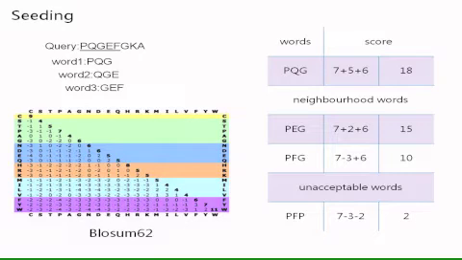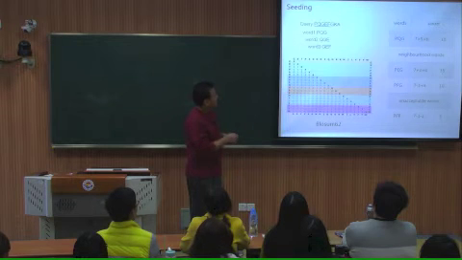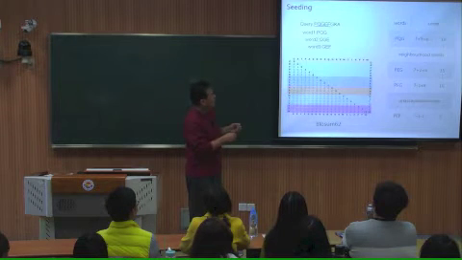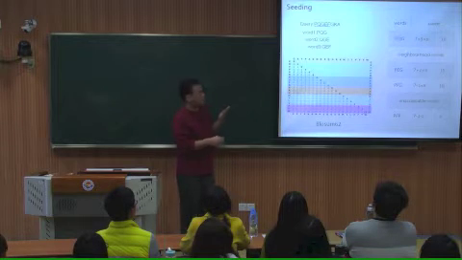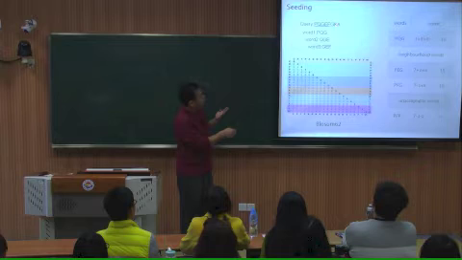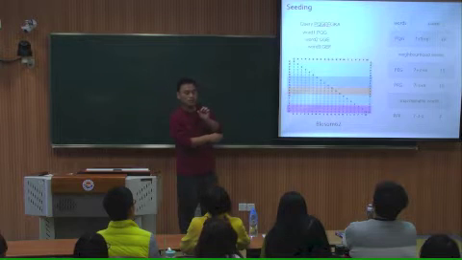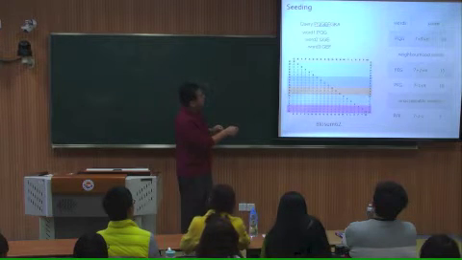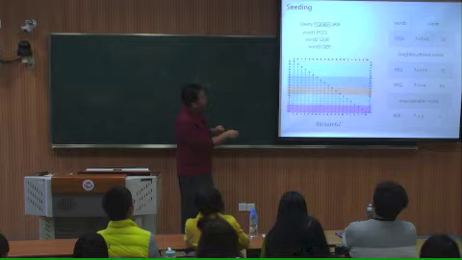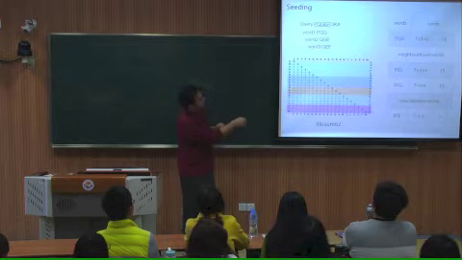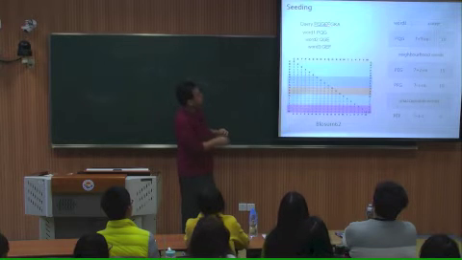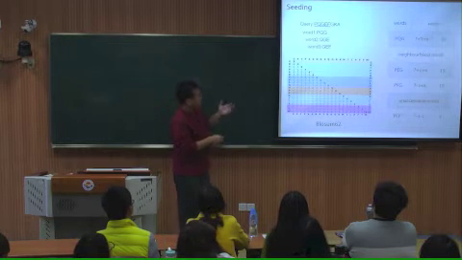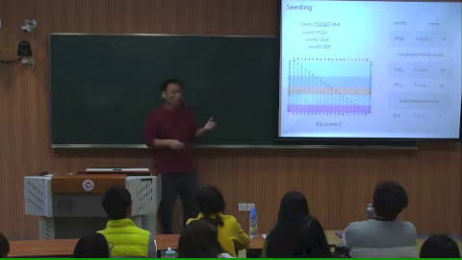Okay. So say this is our query sequence, the sequence we want to compare to the database. So you can set up a word length. So here we say 3. Okay, so you're going to chop your sequence into substrings of length 3. So we have PQG, QGE here, and GEF here. And you can go for the rest of the sequence, like EFG, okay? So you find all these substrings,